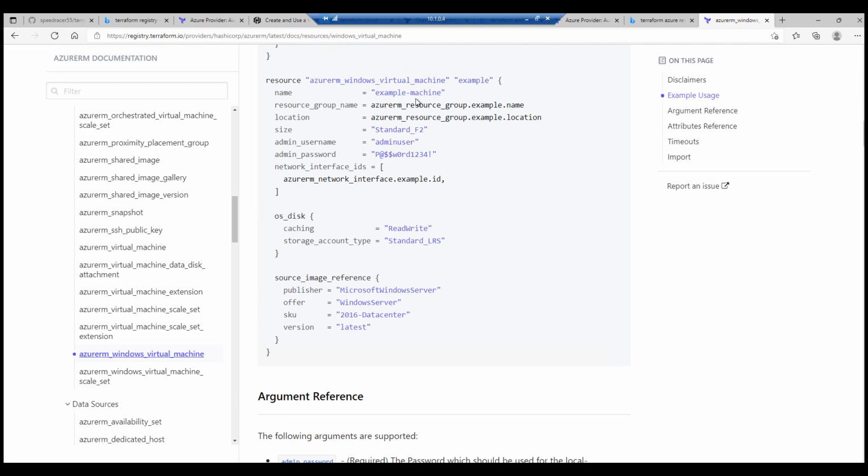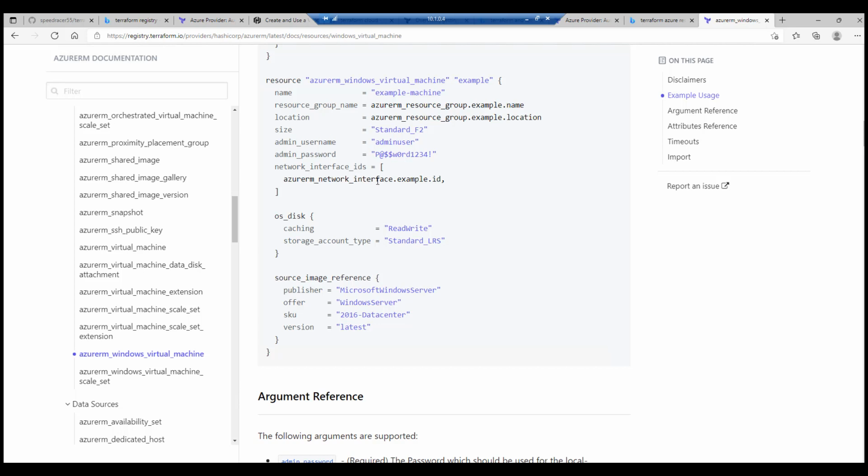With the virtual machine. So just like always, we're going to define a resource. And this is the name for it. We're going to give it a name. We're going to use our fancy trick for resource group and location. We got to give it a size, username and password. Notice that it's in clear text here. We'll do it this way for now, but of course we'll learn better methods moving on. And then notice that you have to